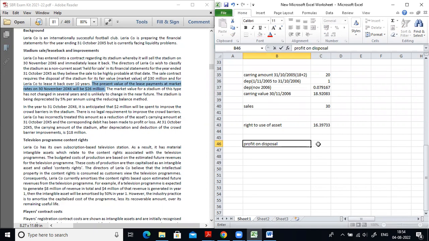Now, in case of profit on disposal, actually our carrying value will be now generally. So the carrying value and the disposal value. So disposal value will be how much? 30 million, and we got a carrying value of 18.9, right? So 30 minus 18.92. Now we need to compute only the profit on disposal for unretained part, because we need to show it in the books only on unretained part.